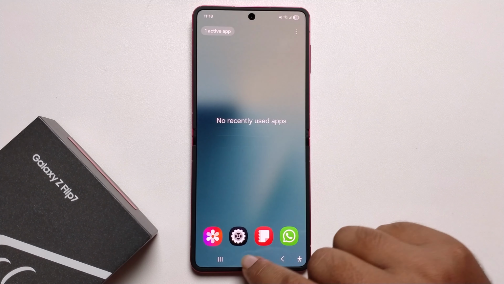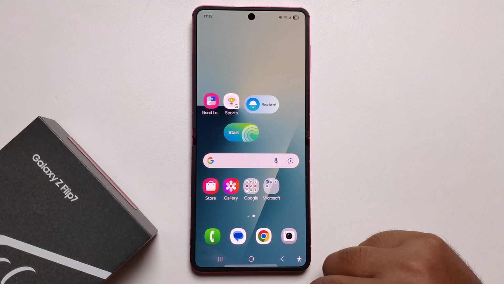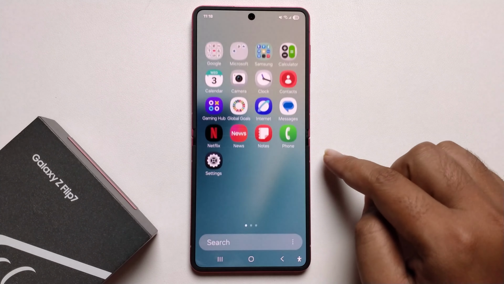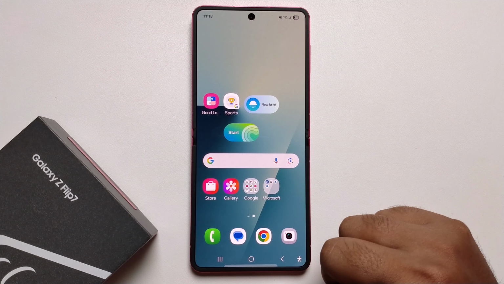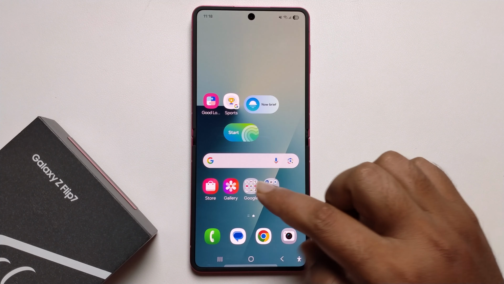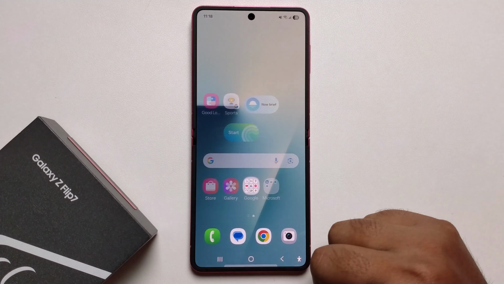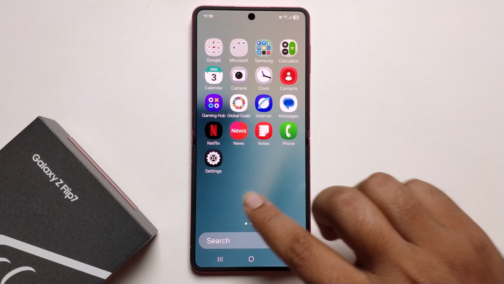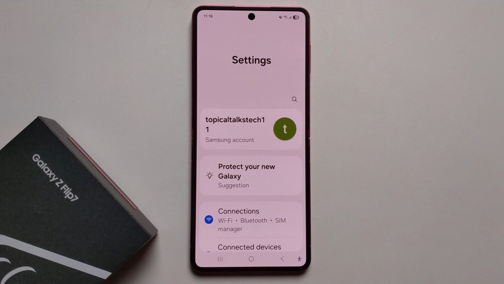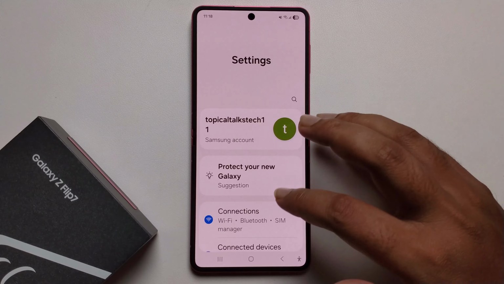Hello everyone, today I'm gonna show you how to hide apps on Samsung Galaxy Z Flip 7. So I'm gonna hide my YouTube. So simply open my settings. I'm not using any third-party apps. Scroll down,